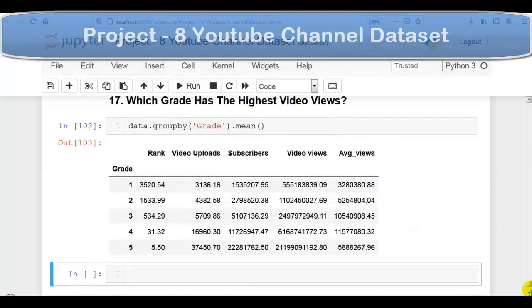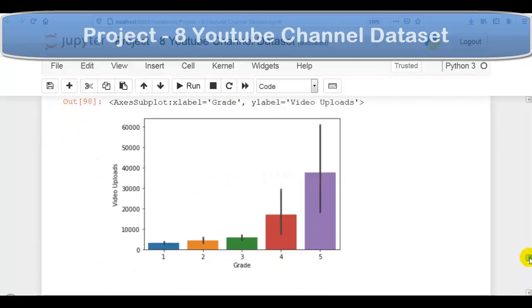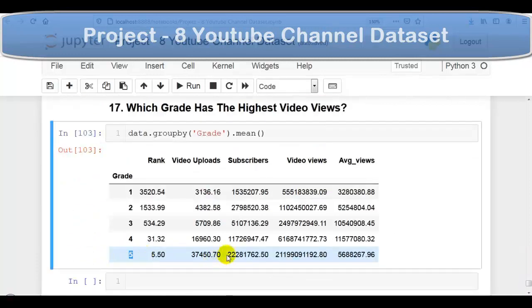So by this table we can solve above questions. Grade 5 having highest number of subscribers, highest number of video views, highest number of video uploads, and grade 4 means A+ having highest number of average views. So as per our question, we have to find which grade has the highest video views. As you can see over here, grade 5 means A++ grade channels having highest number of video views.